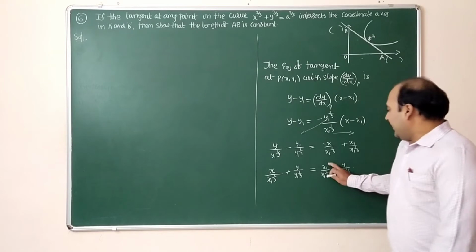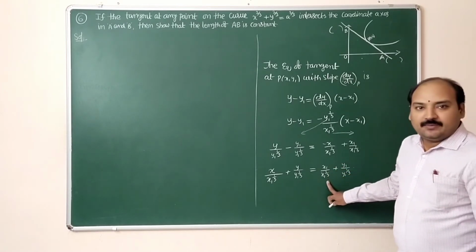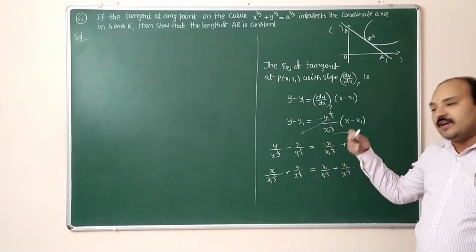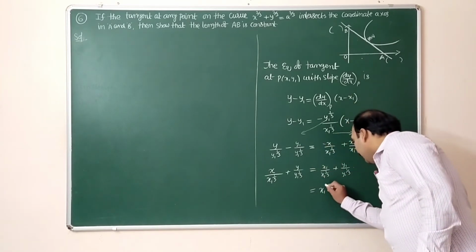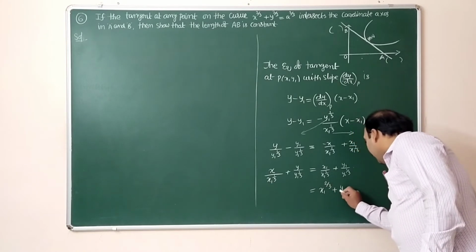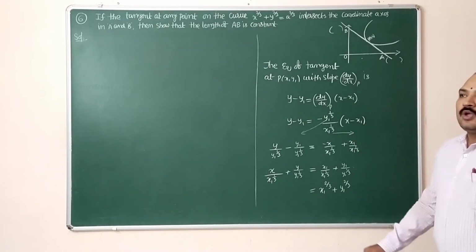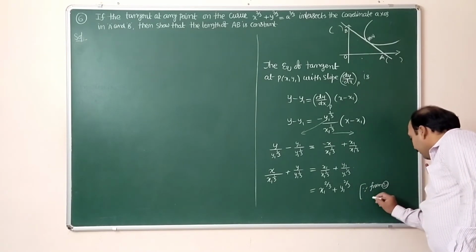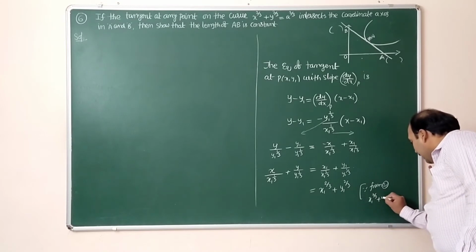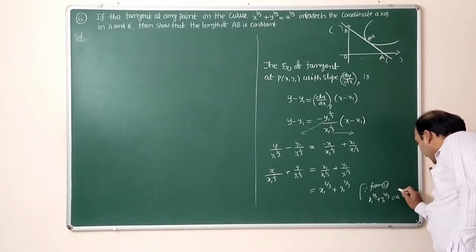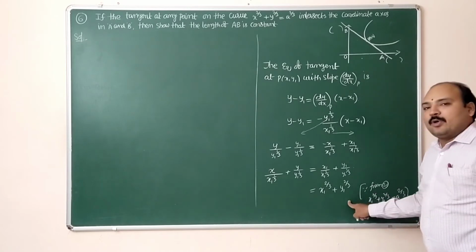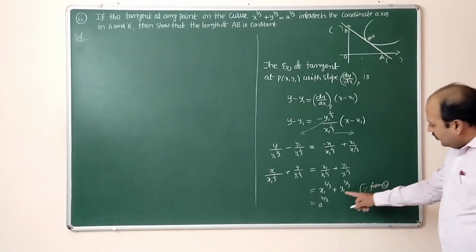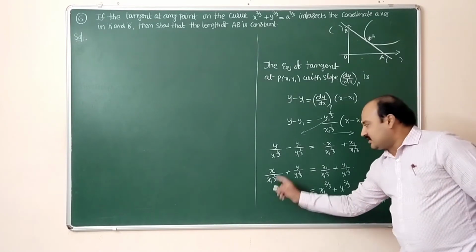So here x1 by x1 power 1 by 3, that means x1 power 1 by 3 can take into the numerator, x1 power 1 minus 1 by 3 is 2 by 3. So x1 power 2 by 3 plus y1 power 2 by 3, even this also. From equation 2 previously we observed that x1 power 2 by 3 plus y1 power 2 by 3 equal to a power 2 by 3. So in place of this we have to write a power 2 by 3, since from equation 2. This value also we are taking into the RHS.